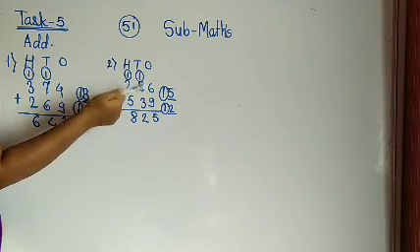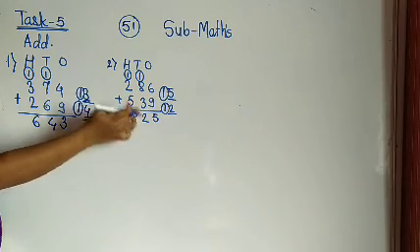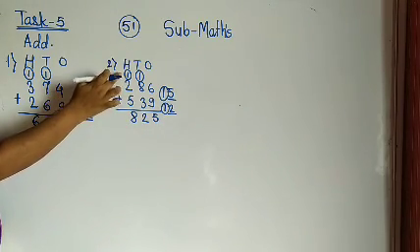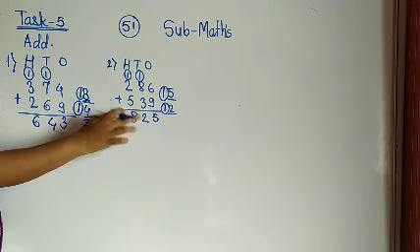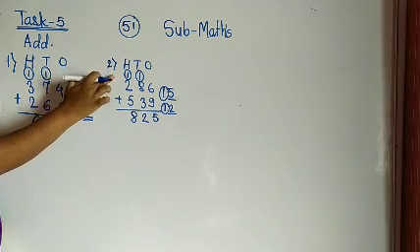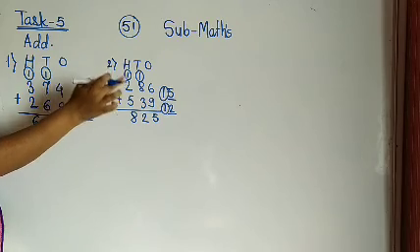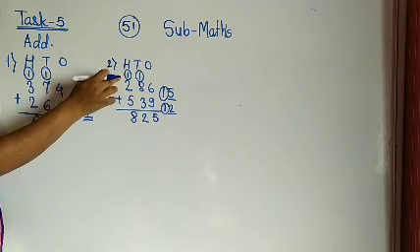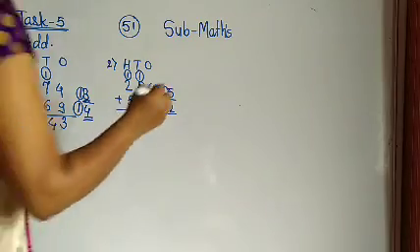Okay student, remember: when we add this number, whatever carry is there, that carry we forward to the next number. Then whatever the addition of this number, that number's carry is forwarded to the next number. In this way only you have to do. Whatever the answer, write it downside, and whichever carry remains, you have to forward to the next number. After tens, which one is the next number? 100 is the next number. So you have to forward your carry to the 100 place.